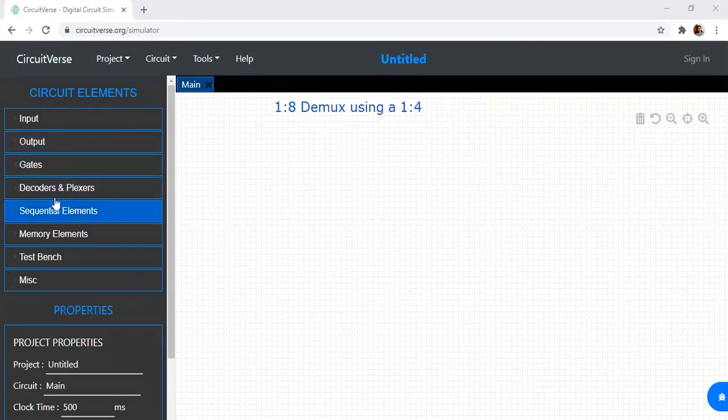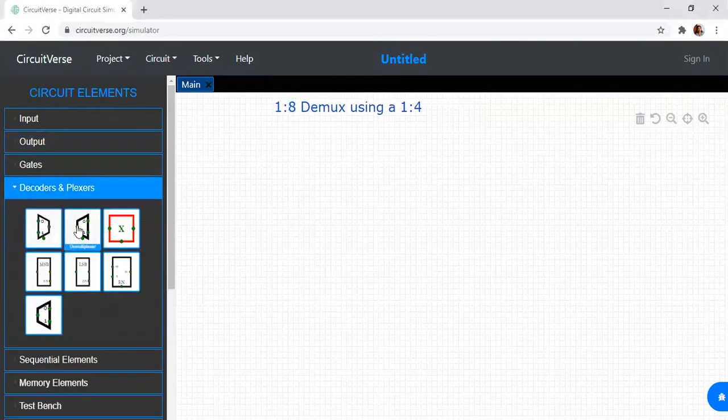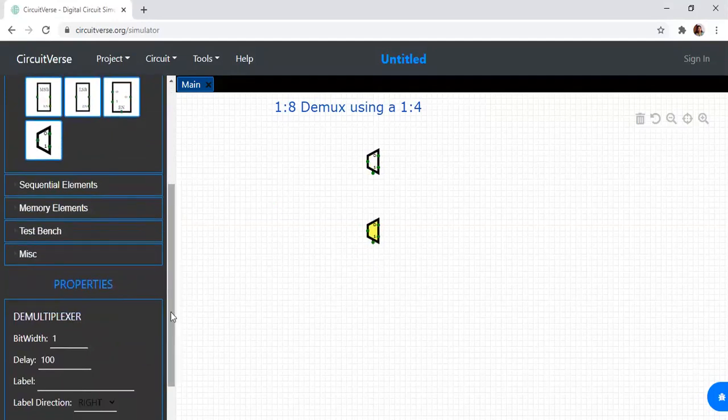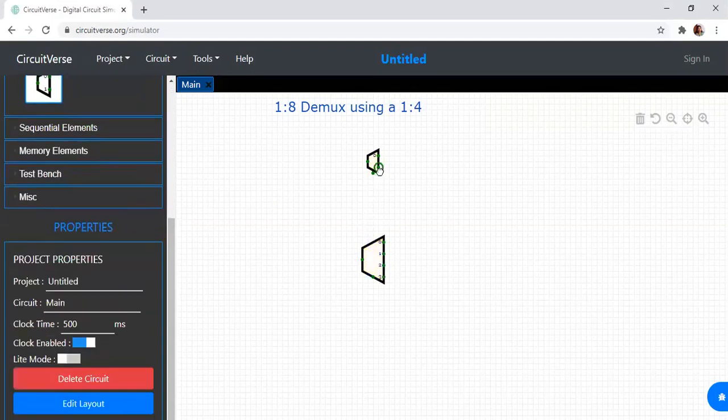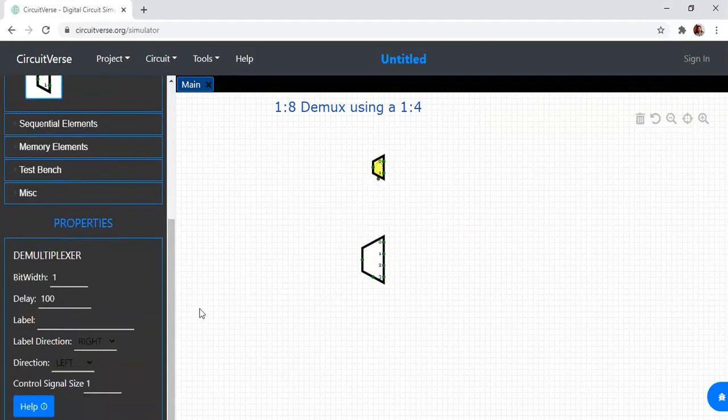So let us take two 1:4 demuxes, both 1:4.